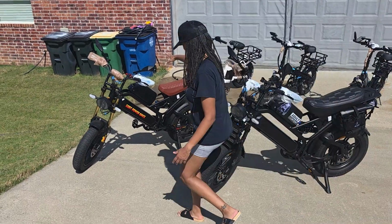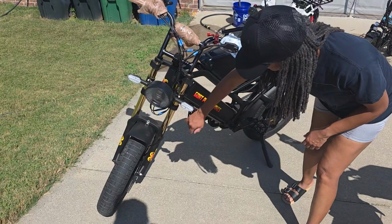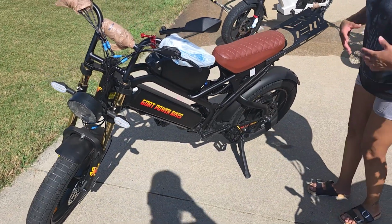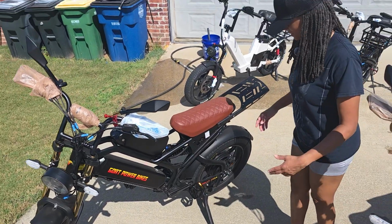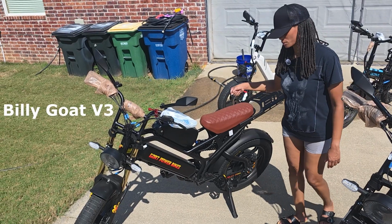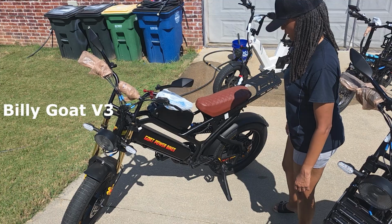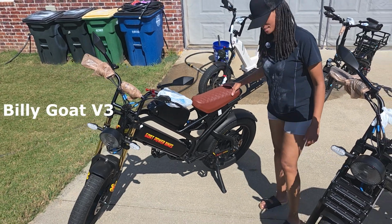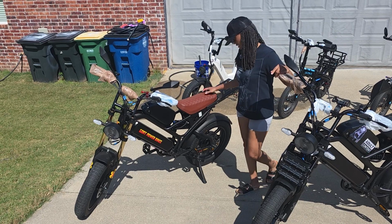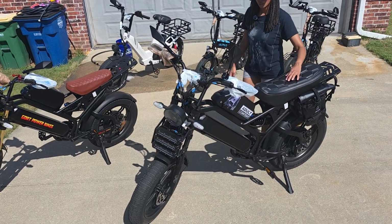This one's mine. As you can see, it does have a little girl flair to it with the gold suspension and the brown seat. To me, that's a little flashy, like a girl would like it. But this is the original color scheme of the goat. This is the Goat V3 by Goat Power Bikes. And when I tell you, it is amazing. The Billy Goat V3. This one is the gunmetal